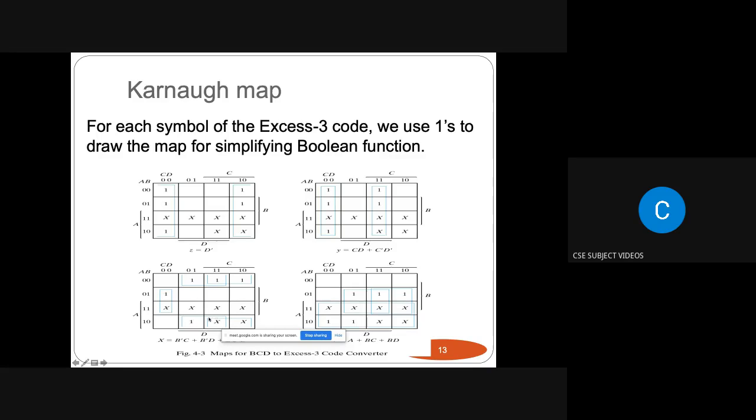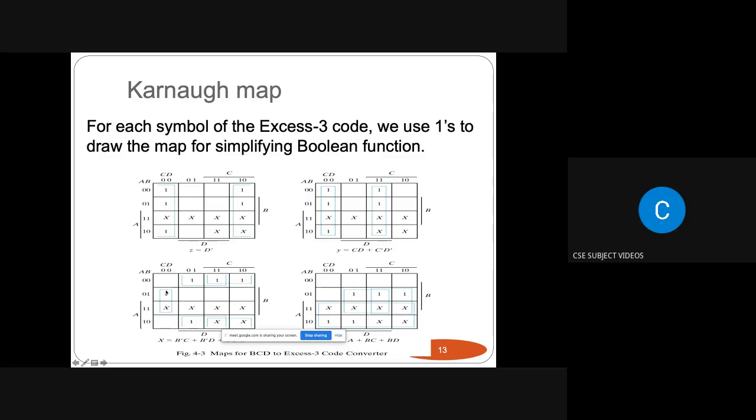So for this quad we will be getting the different variables. Here it is A dash, here it is A, so A dash plus A becomes 1, so remaining is B dash, and here it is C dash plus C, C dash plus C is 1, and the remaining variable is D. So we will be getting B dash D for this quad, and for this quad we'll be getting B dash